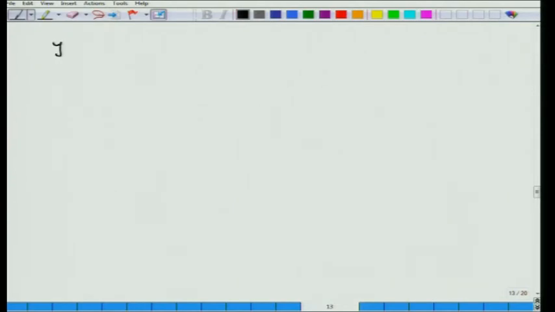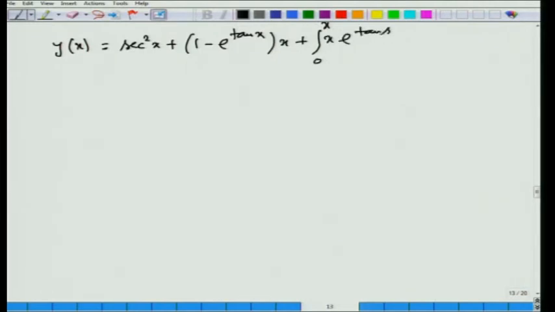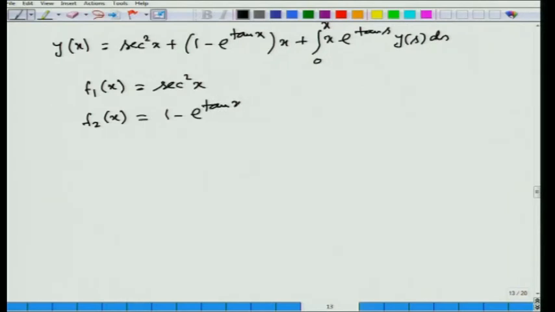Now, with this method we solve the problem with which we started this discussion on the modified decomposition method. The given problem was y(x) is equal to sec squared x plus (1 minus e to the power tan x) multiplied with x plus integral 0 to x of x e to the power tan s y(s) ds. So, we are assuming that f1(x) is equal to sec squared x and f2(x) is equal to (1 minus e to the power tan x) multiplied with x. So, with this f1 and f2, our first